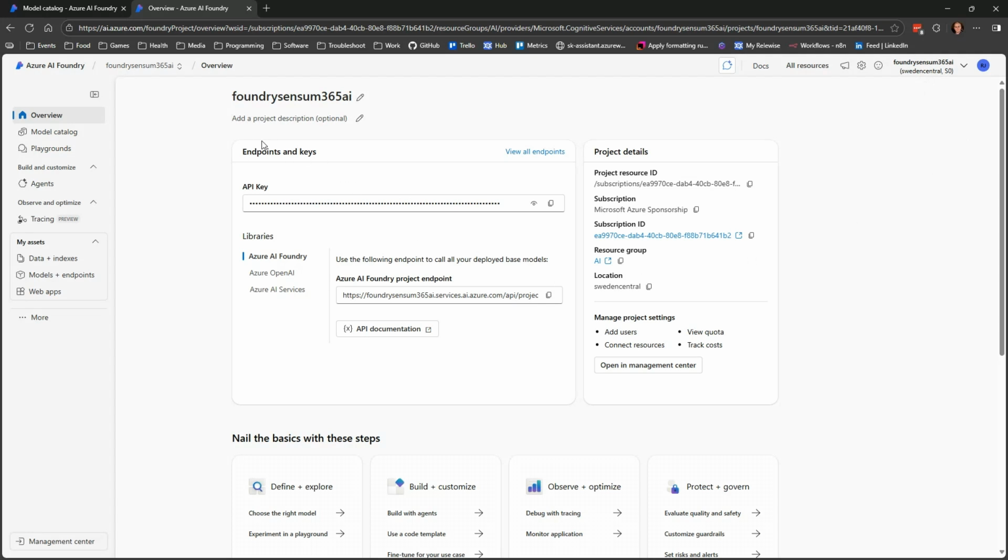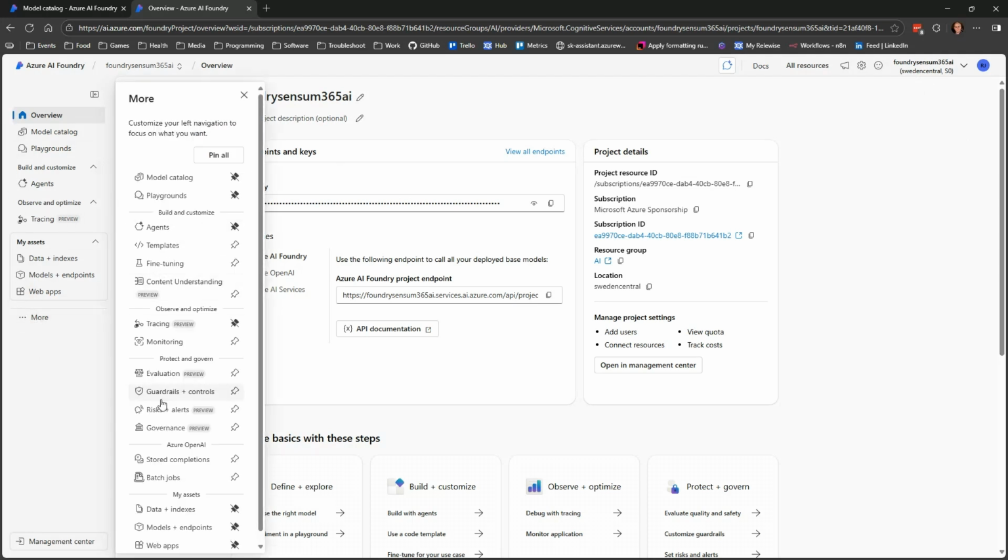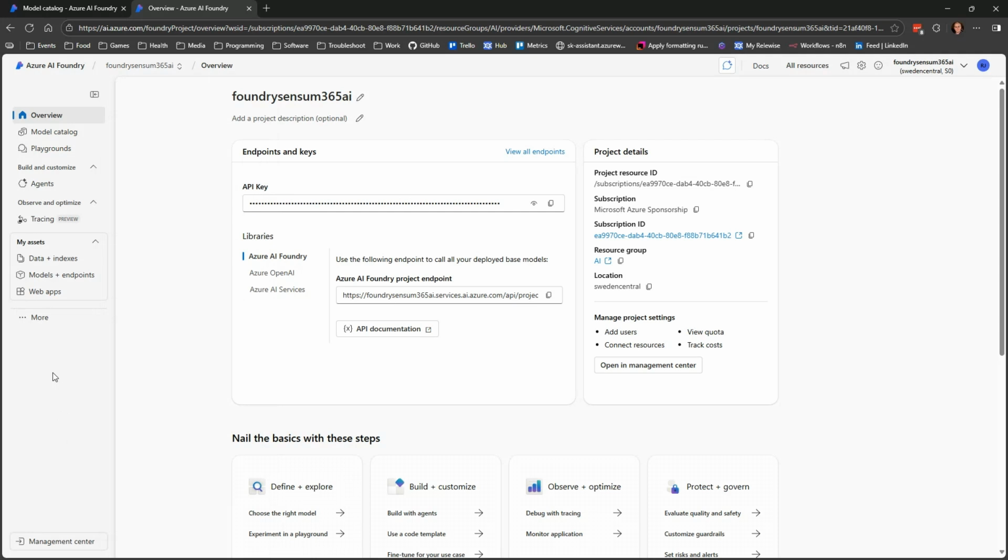So that was the overview and a sort of lightning tour of what this portal can do. And it can do so many different things. But when it comes to agents, we will go more into code, because everything you can do here can also be done in code. And that's what we're going to do in the next video, where we go to some administration parts of all this.